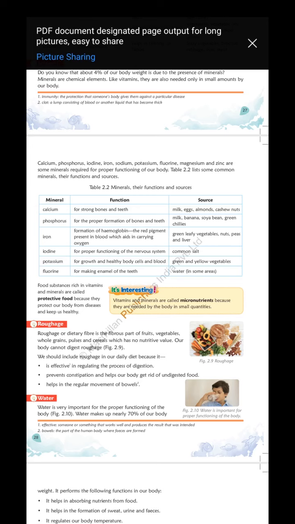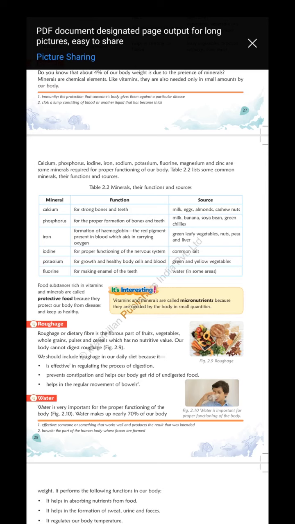Hemoglobin, iron for hemoglobin. And where we are getting milk, egg, already we discussed about this. Vitamin D, egg, fish and all. Almonds, yes, almonds most probably you have to eat.